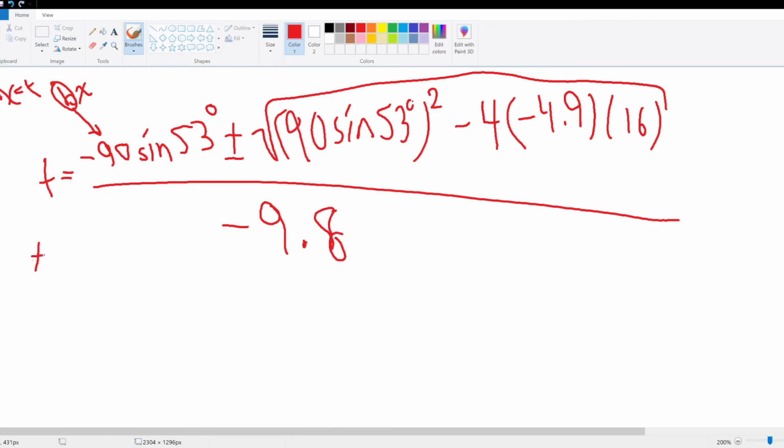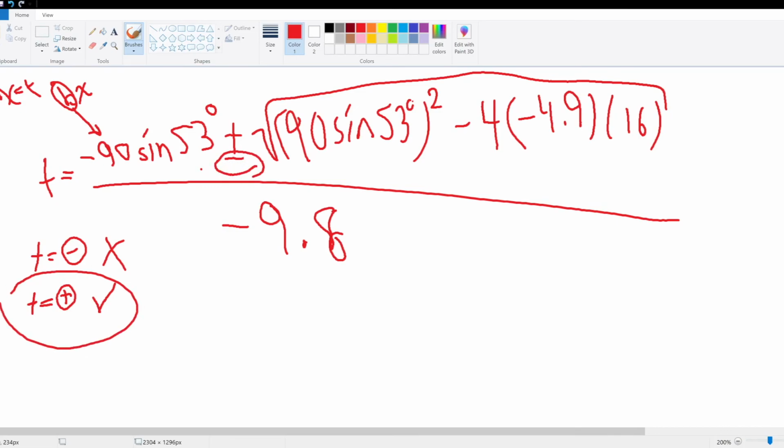One of our answers is going to be a negative answer, and one of our answers is going to be a positive answer. Now, we know that it's impossible to have negative elapsed time, which means that we have to use the plus or minus symbol that gives us a positive answer. So if you use the negative symbol, you'll get a positive answer, okay? And once you do this in your calculator, make sure your calculator is in degree mode, or else this won't work. So if you calculate this, what you'll get is